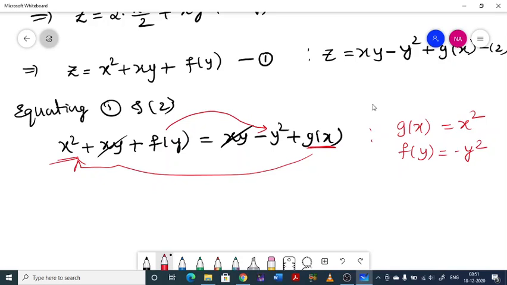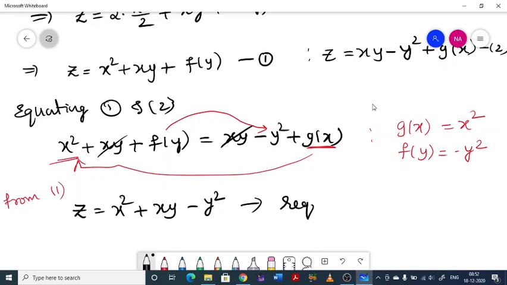Now you can substitute either for f of y in equation 1 or for g of x in equation 2. So from equation 1 we'll have z equal to x square plus xy minus y square. That is the required solution. So this is about the solution of PDE by direct integration. With this I am winding up this